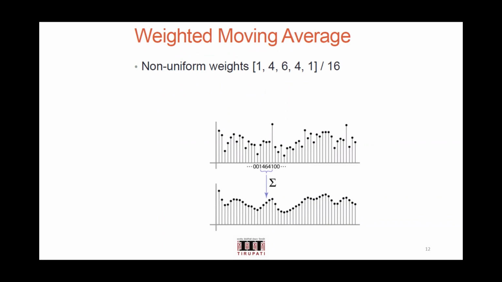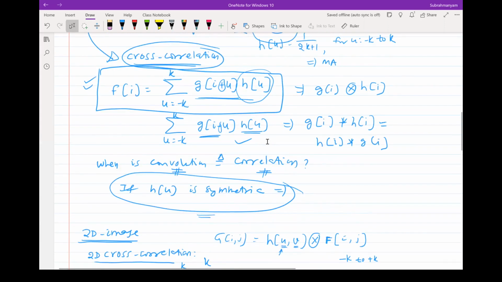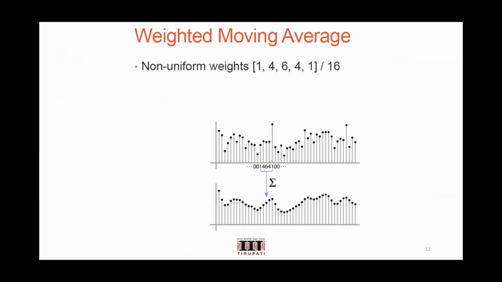And why this should tell you and why we are interested in generalizing the whole stuff. The reason being, you don't need to have equal weights everywhere. That used to be the case with simple moving average, but you could have a weighted moving average, which intuitively means that the closer the neighbor to you, the more similar you are to that particular neighbor than a neighbor who is relatively far away. So look at here, this has a value of 6, you are giving weight. Suppose if it has a 10 value, this is having 12, 12. Okay, this is having 10, 10 some 15, 15.